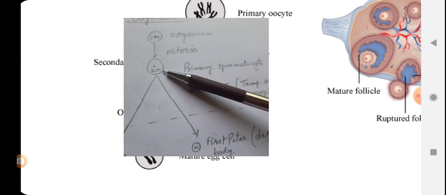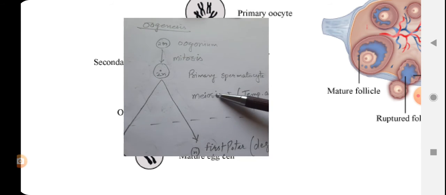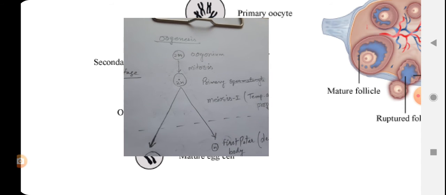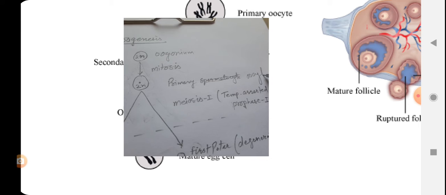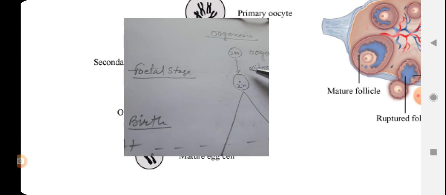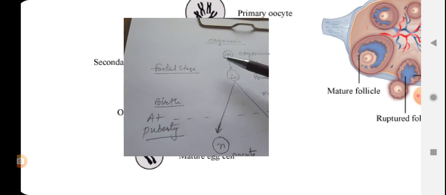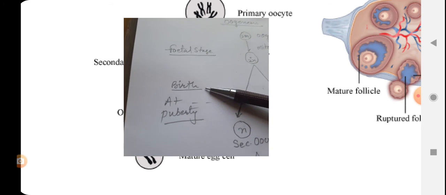It is primary, it is not spermatocytes, actually primary oocyte. This is oogonia, primary oocyte by mitosis, and this all is happening at the fetal stage, and after childbirth, at